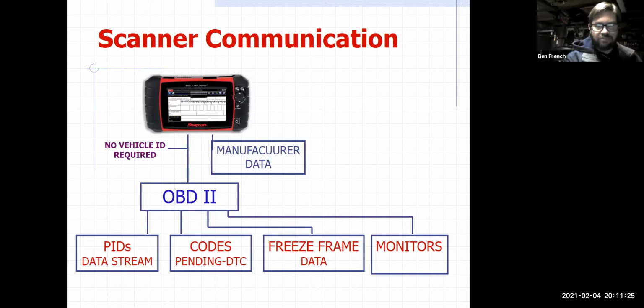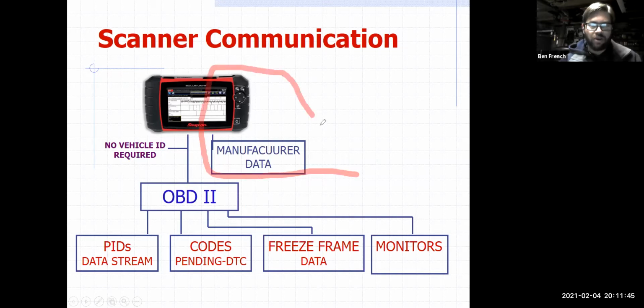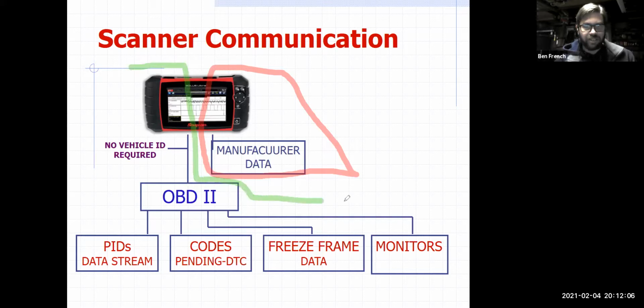Oh, I will say, we've been dancing around this all night, but if you take a scanner like this Snap-on or an OTC, any of your professional scan tools, they have two sides to the tool. One side is the manufacturer side, where you put in the year, make, model, all that stuff. You maybe have to plug in the VIN, and what it's trying to do is simulate the factory tool. The other side of your tool that we're going to focus on a lot more is the OBD2 generic side,